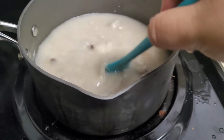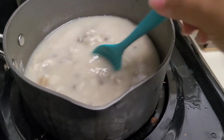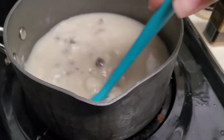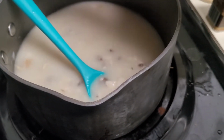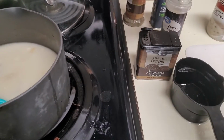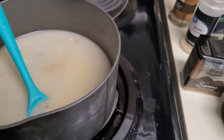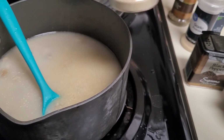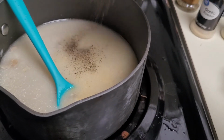And if you were really on a budget, you could just end it here, cook the rice, and that be what you ended up eating, and that is totally fine. However, I am going to add some garlic and onion powder because I add that to everything. Again, I don't know how much that is, I just put it in there. And then some pepper,